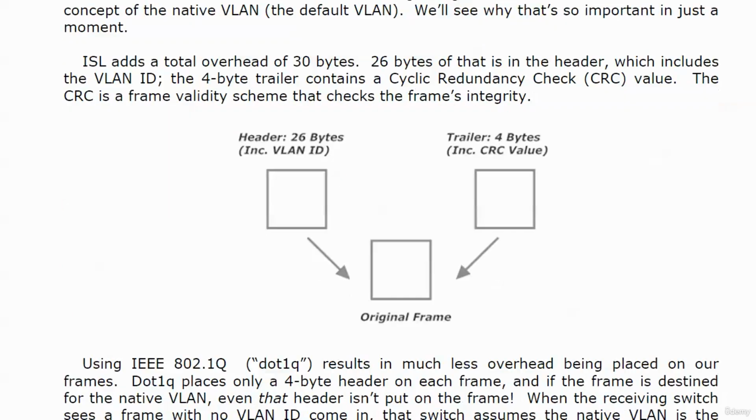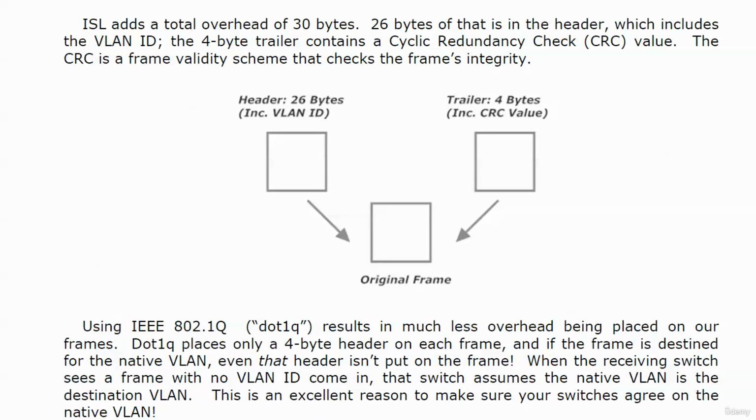Now, the total overhead with ISL, what ISL is doing, is a total overhead of 30 bytes. 26 bytes of that is going to be in the header, which includes, among other values, the VLAN ID. And the 4-byte trailer contains a CRC value, the cyclic redundancy check. And the CRC is a frame validity scheme. I'm sure you ran into that in your CCNA studies. It allows the recipient of the frame to test the frame's integrity, make sure that it didn't get corrupt during the transmission process. So there's some important info in there, but that's a lot of overhead,